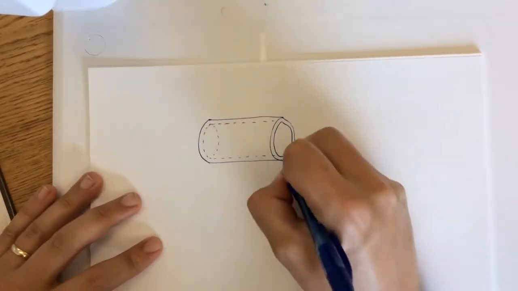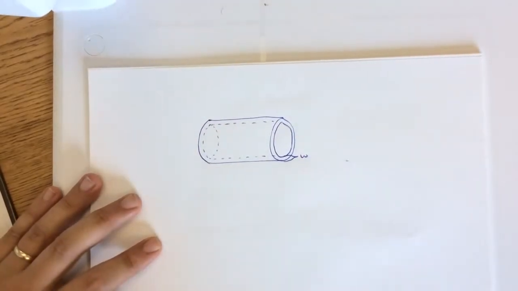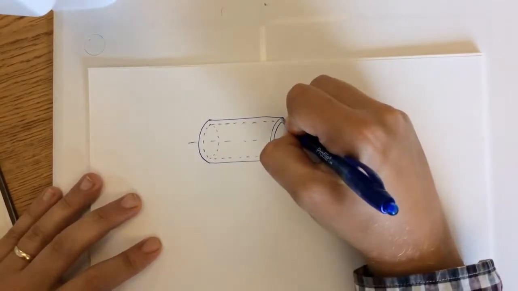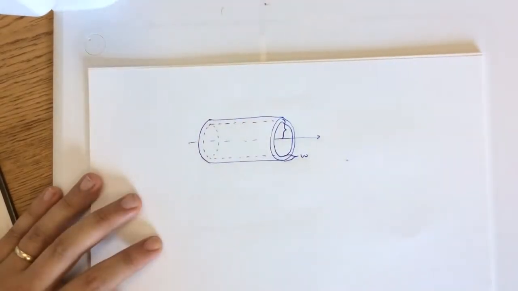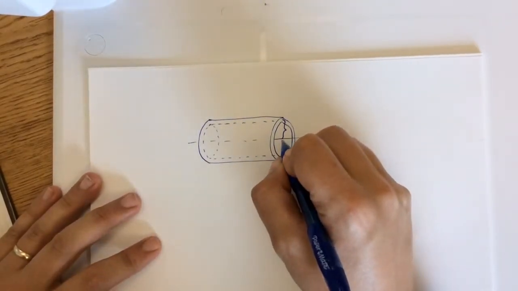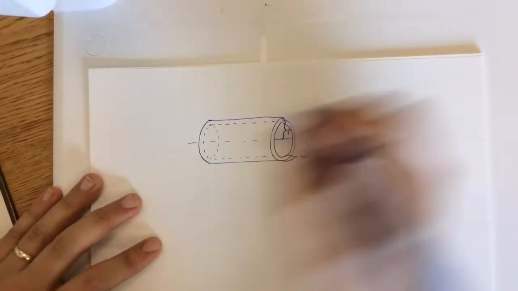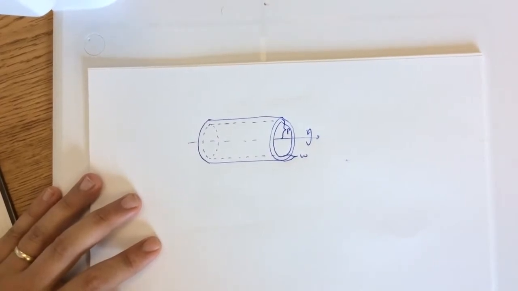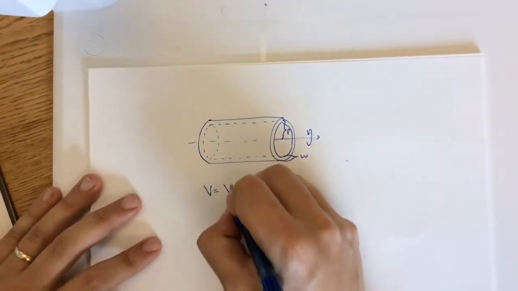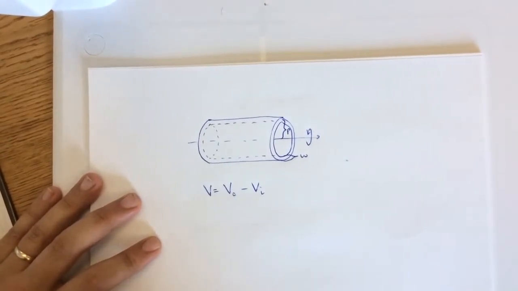The wall of the cylindrical shell has a width, let's call it W. If I consider the radius of the shell as the distance from the axis of rotation to the center of the shell, and call that P, then I can say that the total volume of the shell, which is given by the outer volume minus the inner volume, is,